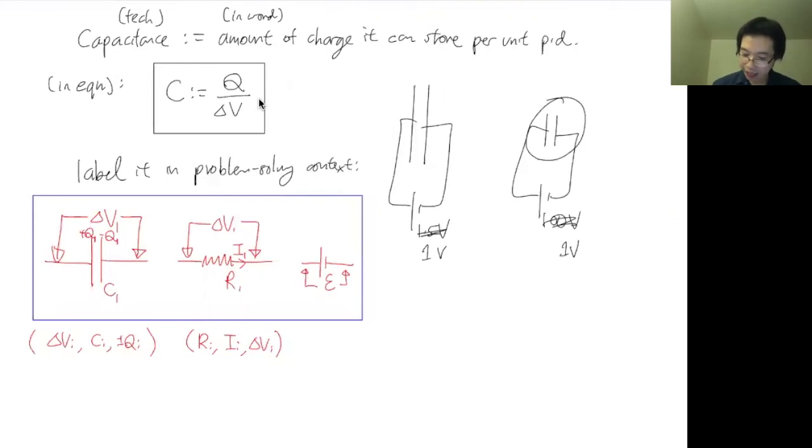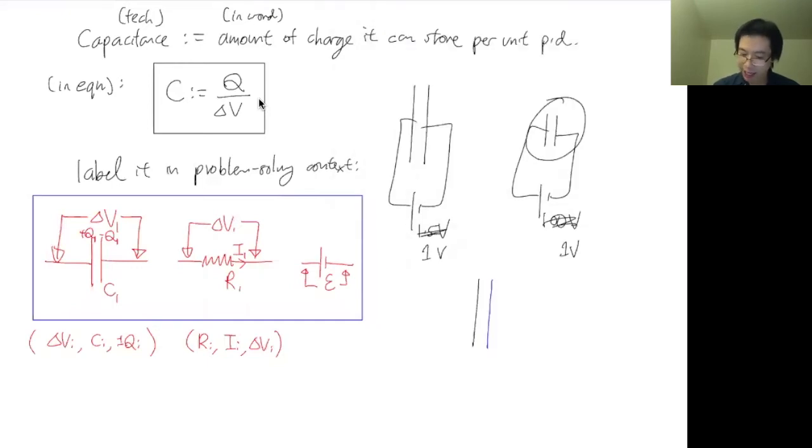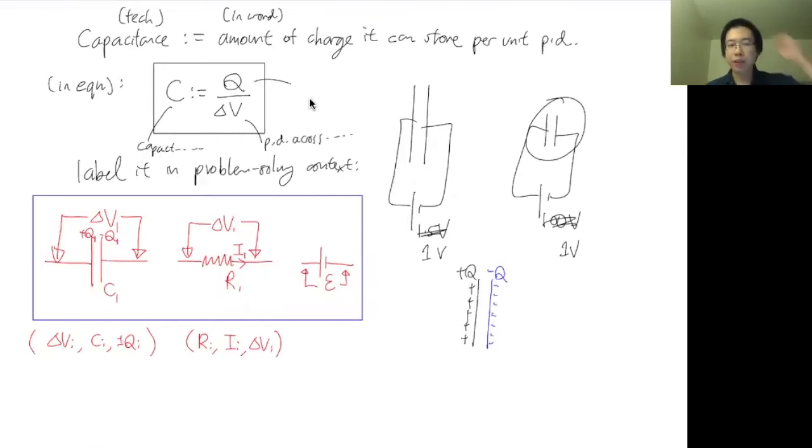When I have a capacitor like this, one side I will have positive Q, and the other side I will have negative Q amount of charge, right? So as we talked about, it will get charged up like this. So what does this Q mean? Remember, when we define things, we should define everything. So delta V is the potential difference across the capacitor, and C is the capacitance of the capacitor. Okay, so what does the Q mean? These two are very simple.